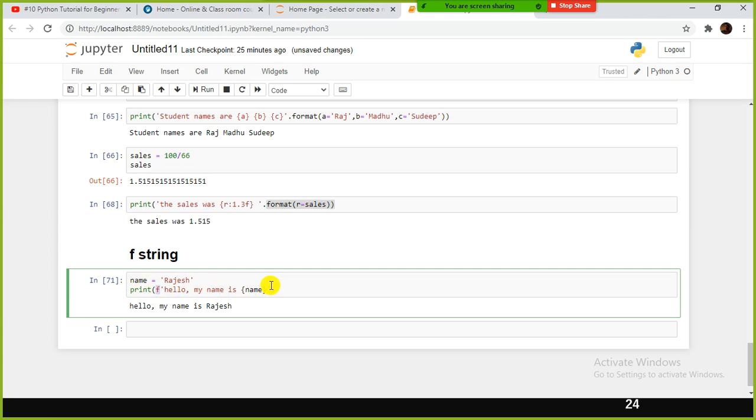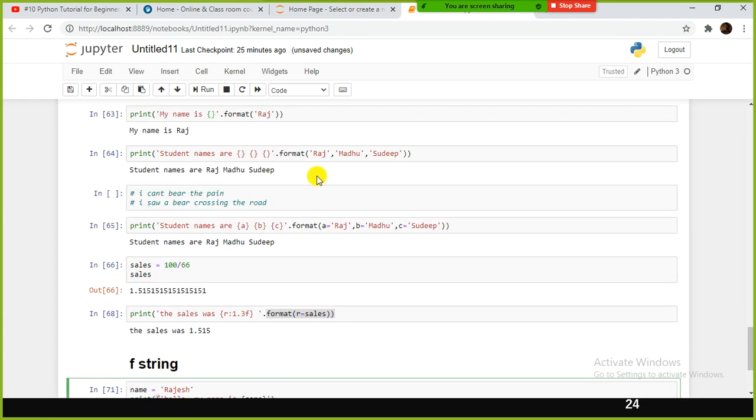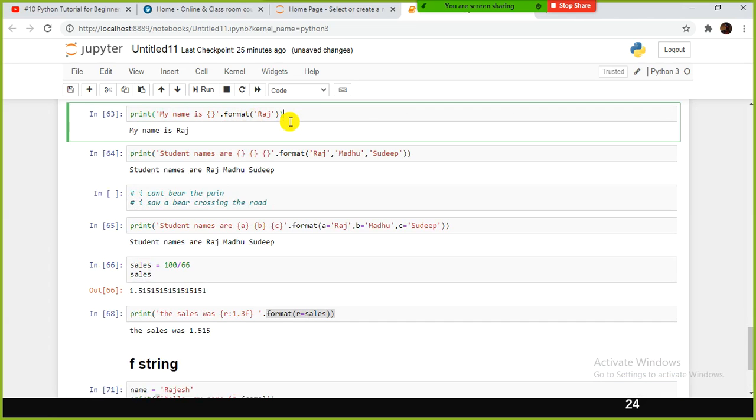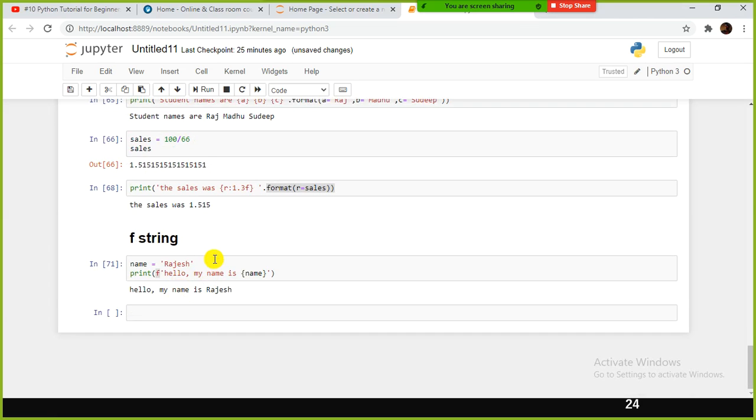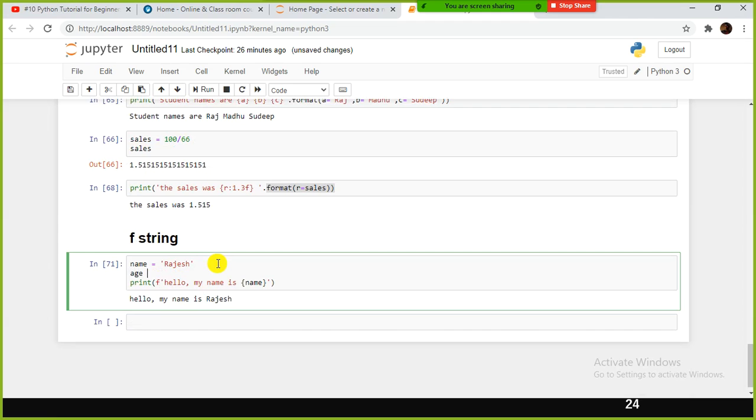So another way of formatting the string. You can use dot format. No, I'm asking, f-string is another way of format. Yeah, this is an alternative to format. Okay. And supposing you have something like name, I have something like age. Age is equal to 33 or 34 years.